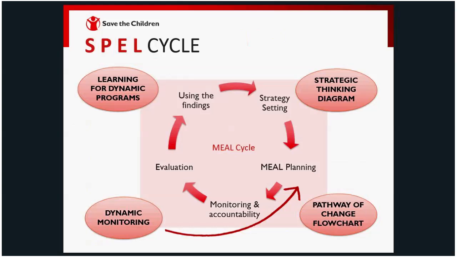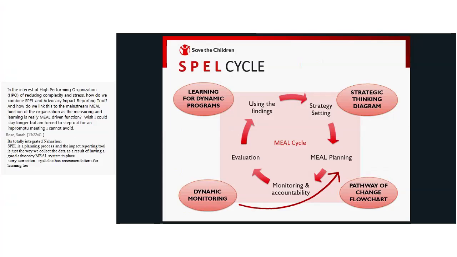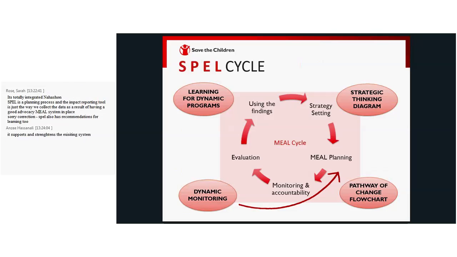A final background note on SPEL. This is how SPEL integrates within the MEAL cycle. So SPEL has 4 key processes and tools. The first one is the strategic thinking process and the strategic thinking diagram, which is applied at the strategy setting stage. The next SPEL process is the pathway of change, and the tool is the pathway of change flowchart, and is applied at